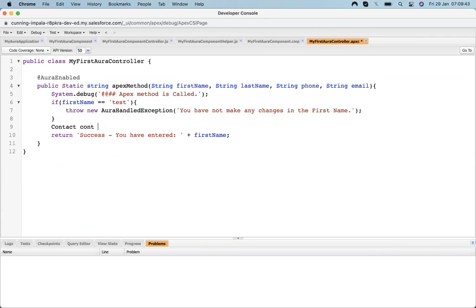The process is still the same as we did previously. We declare a new contact object.